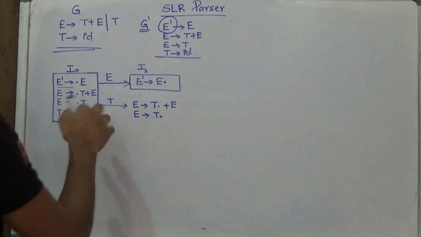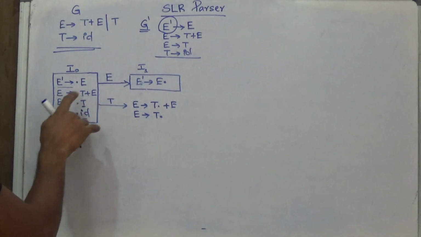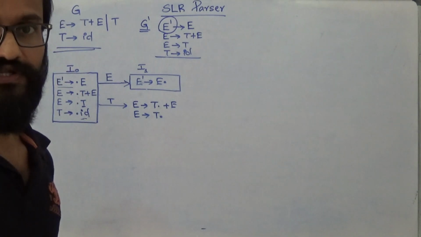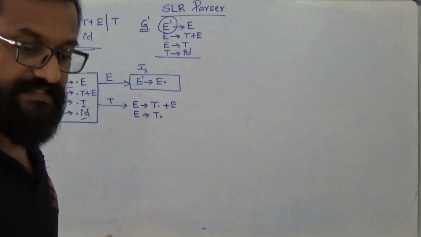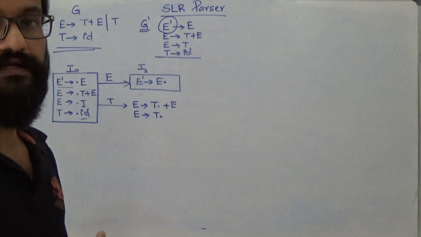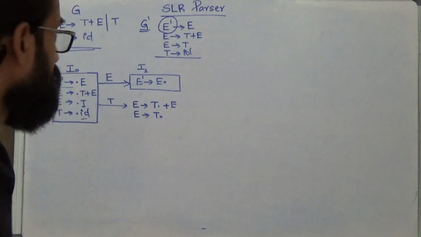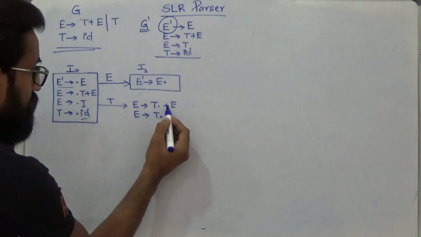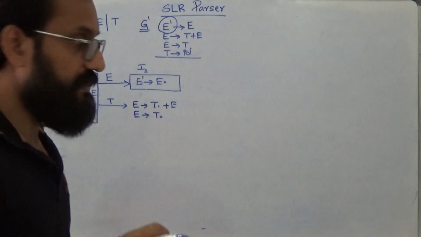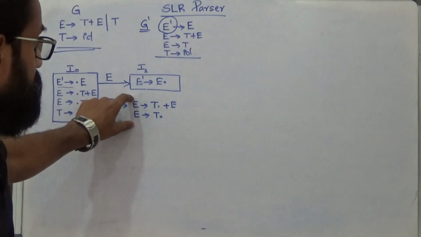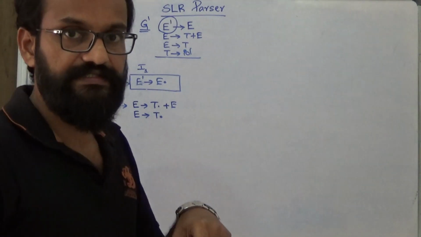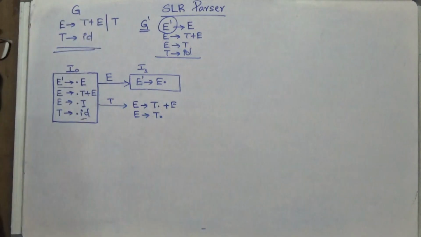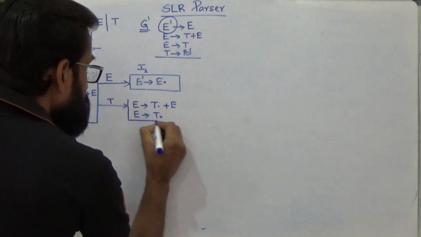So first, while applying T, you have to identify the set of initial items. So add it to the new item set. Once after adding the initial items, you can apply the closure function or compute the closure. So now what happens if we apply closure? You cannot identify any production in this item set that contains a dot immediately preceding a variable. So the closure will remain the same.